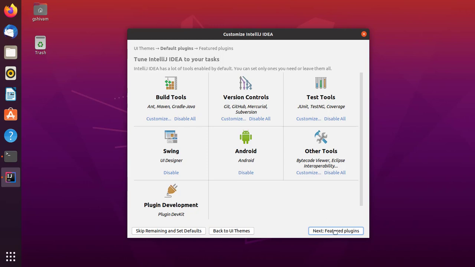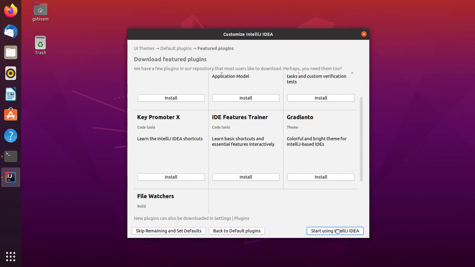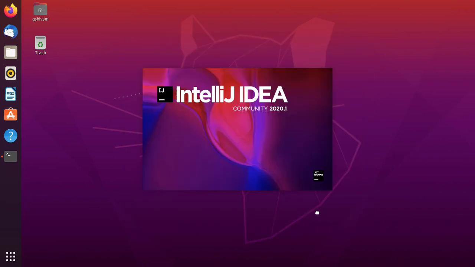So we will click on next. Here are some plugins. We don't need anything, but if you want to learn more about programming like Java and Kotlin, then you can also install that plugin, that is the edu tools. Otherwise you can simply start using IntelliJ. It will take some time to open.